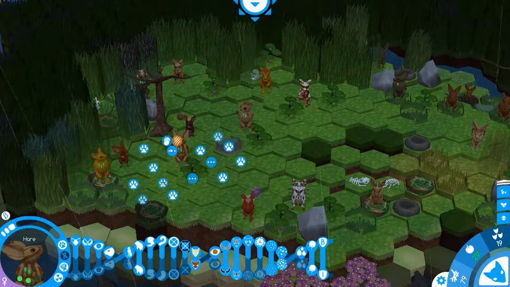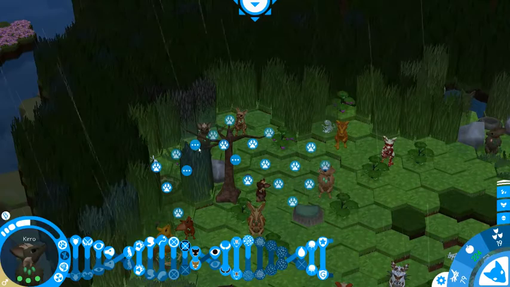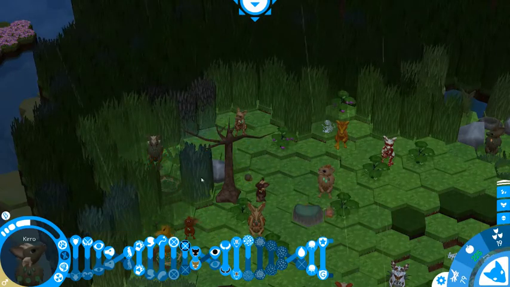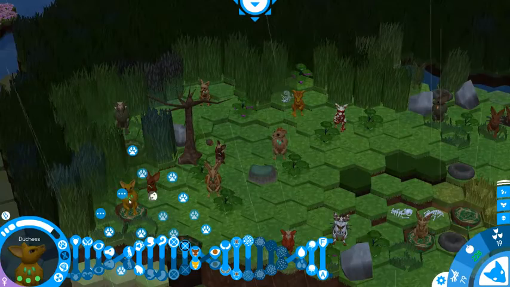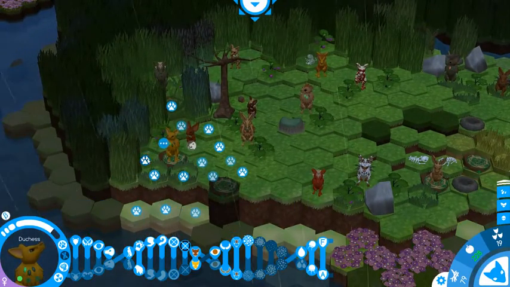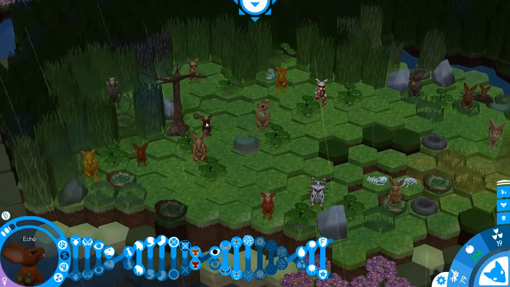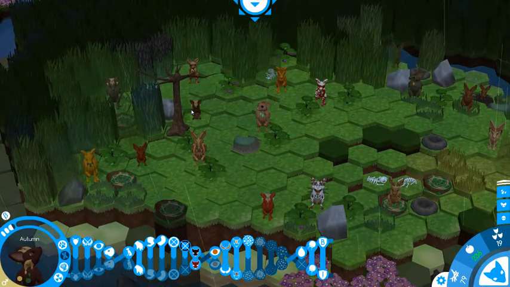So Hare can pick up from these two bushes, and we have another bunny down here that we can actually have Kiro get. So he is becoming quite the little expert hunter at the moment, and we can have Duchess uncover this berry bush and some of this grass so that Echo can pick up from this bush and we actually know it's there. And then again we can have Autumn pick up some of these nuts, and we'll just have him jump